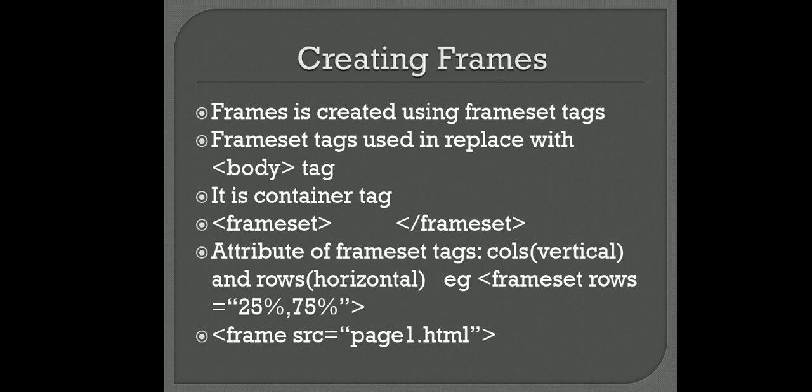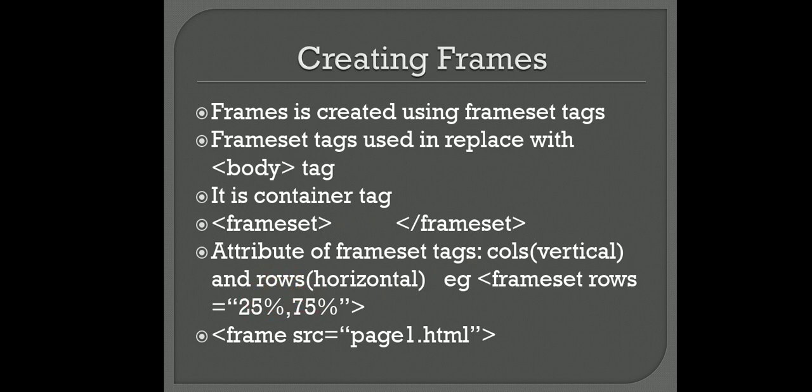Now below, the main attributes of it are columns and rows. Columns and rows are the main attributes. Columns will divide the screen vertically and rows horizontally. Columns will be in the vertical section and rows will be in the horizontal section. Now see here a simple example. It is given frameset rows. It is divided into two parts, meaning the rows are dividing into two parts, and in that part I am calling the first frame source page 1. I am not calling the other part. I am just calling page 1, which will be seen in the first part, that is the first row itself.